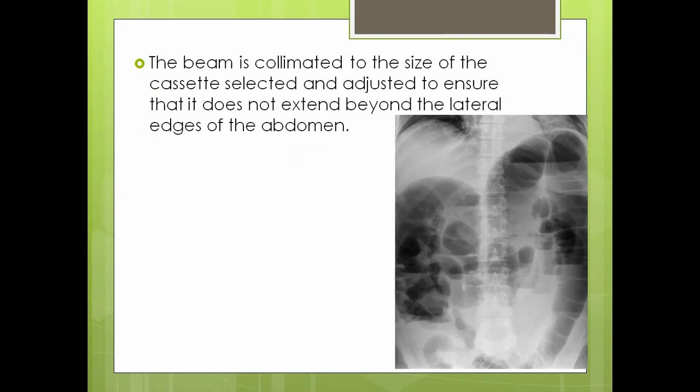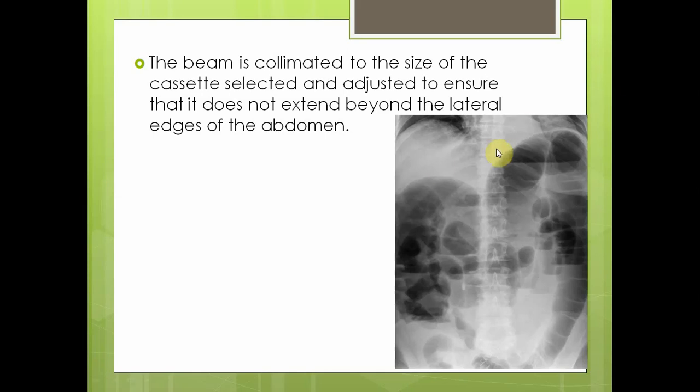So another thing you have to think about when you're taking abdomen radiography: sometimes a patient comes with an obstruction or hemoperitoneum, fluid accumulation in the abdomen, which means there is a chance of a larger abdomen. So at that time, you have to see that both sides of the cassette include the specific area.